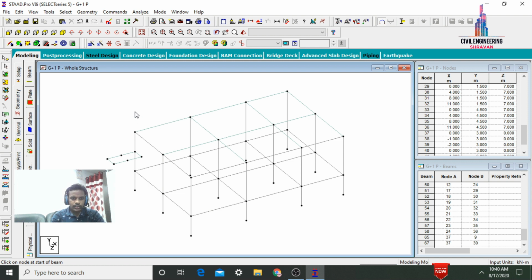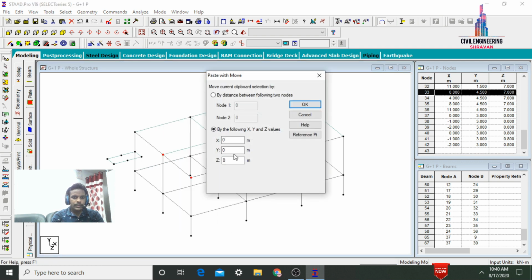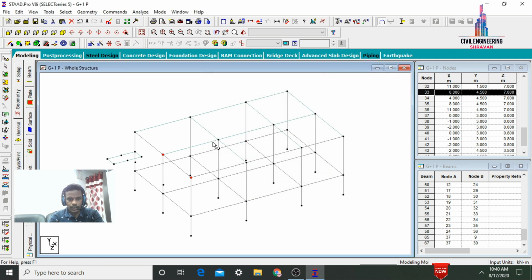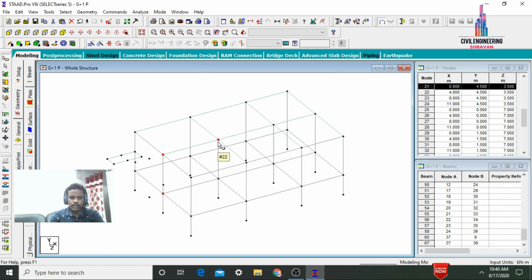So after that we need to create the cantilever beams for this respected section. So for that, initially select the node cursor, next I'm selecting this node point, again I'm selecting this node point, click on the copy option, click on paste nodes, which is at a distance in x direction of -2, click on OK. So after that we need to select this respected bottom node point, again I'm selecting the top node point, click on copy, again click on the paste nodes option, again we need to create one more node point which is at a distance of -1 meter in x direction, click on OK.